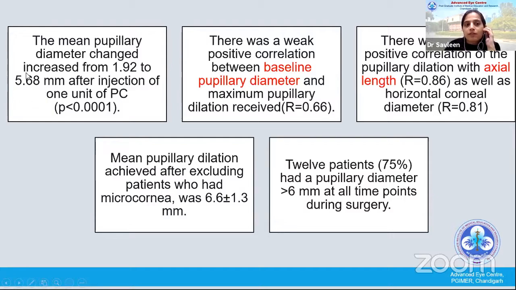So this is 5.6. That's why we get this as a mean value. And there was a correlation between the pupillary diameter and the baseline pupillary diameter, and of course the axial length of the patient. There were 75% patients who had a pupillary diameter of more than 6 mm at all time points of the surgery. And if we exclude the ones who had microcornea, we had a pupillary dilatation of 6.6, which was very good